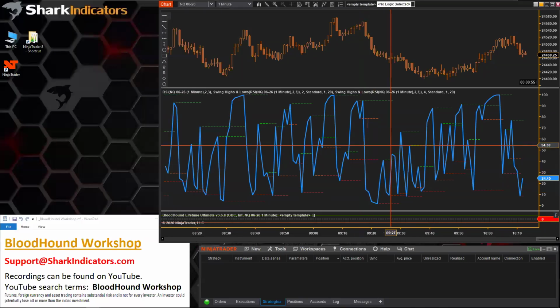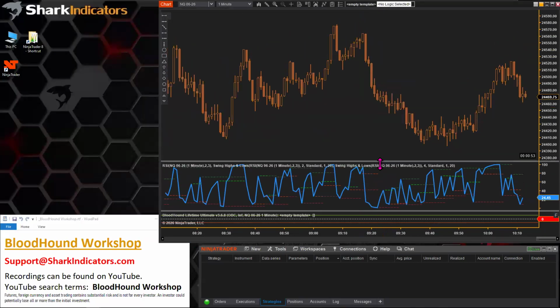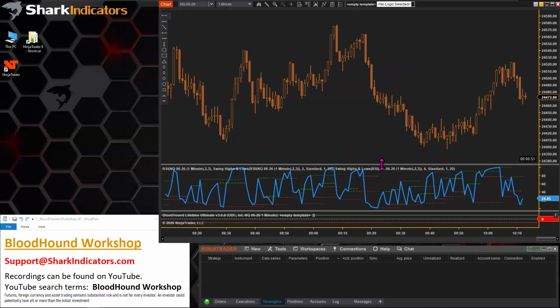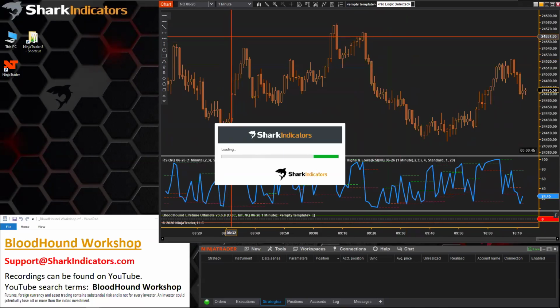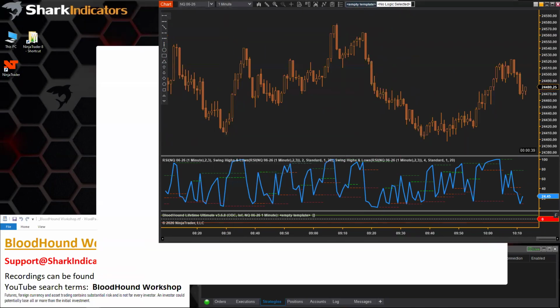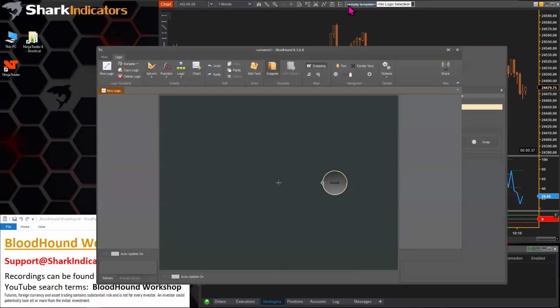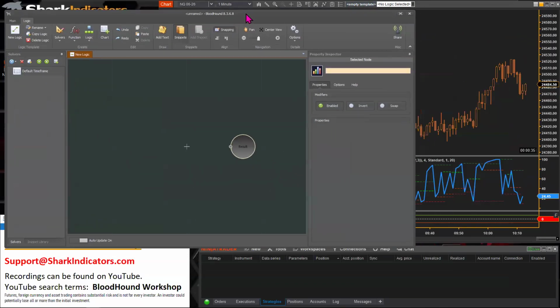So let's cancel that. And now let's actually start building what's wanted here. So let's open up Bloodhound. And the first thing we'll do is set up today's file name there, so that way we're not saving to an empty template.